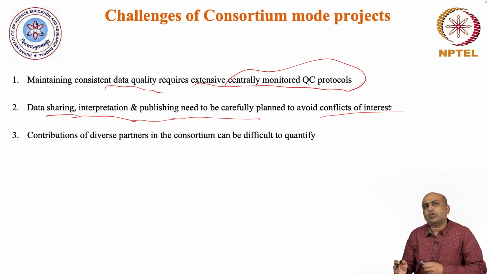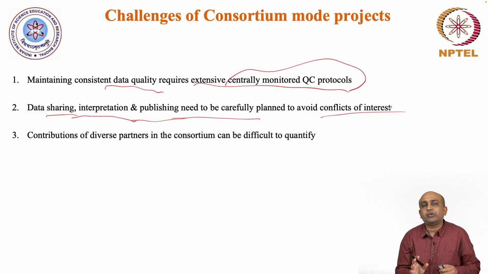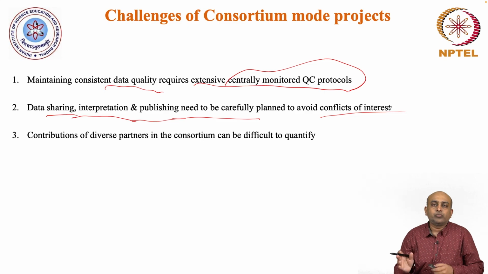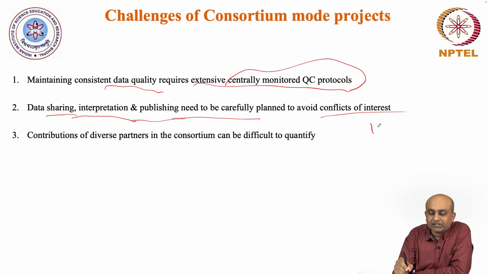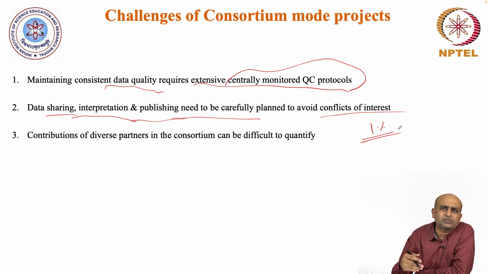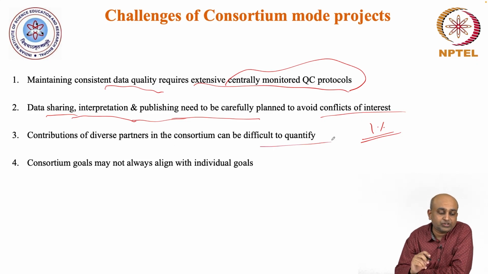Then of course when you have contribution from such diverse partners, it can be very tricky to assign the contribution of individual entities. For example, in the Human Genome Project, we saw that 1% of the human genome is sequenced by China. But then for the rest of the 99%, how much of it is sequenced by the US, how much of it is sequenced by the private enterprise, how much of it is sequenced by the public enterprise, how much was sequenced by both of them very close by, right? All of this is very tricky to quantify because this happens very fast, and then sharing credit can be tricky when you do these kinds of consortium mode projects.